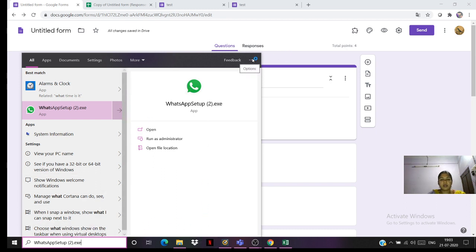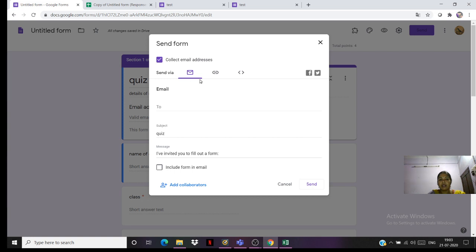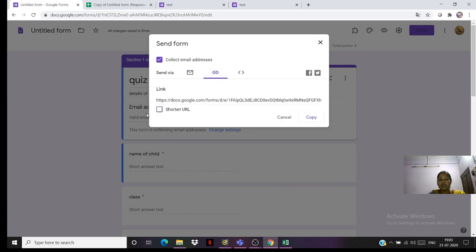It's taking some time. Maybe the computer is getting slow. So as I select the send option, I can select here through email, through link. I can shorten this link, copy this link. It is copied.